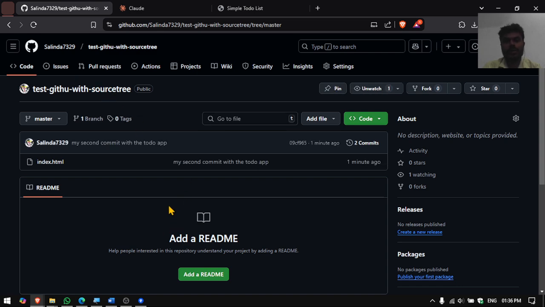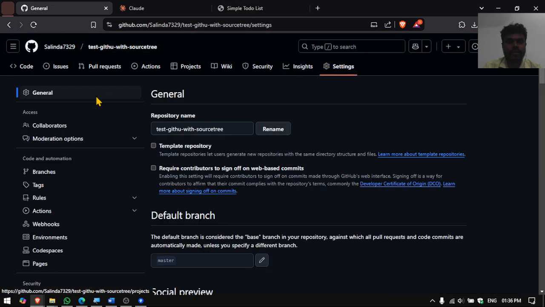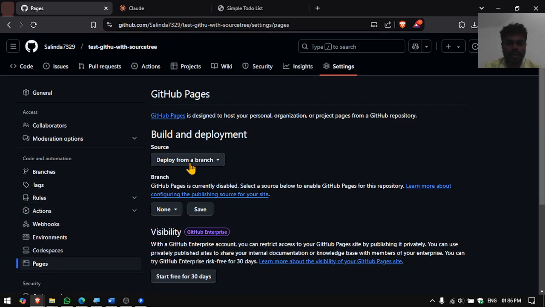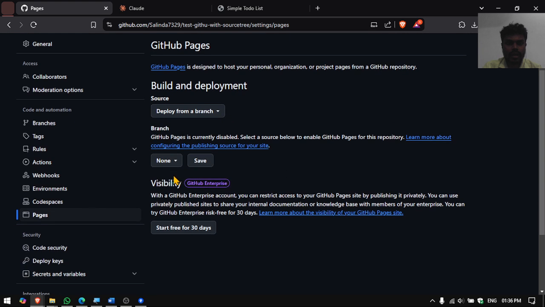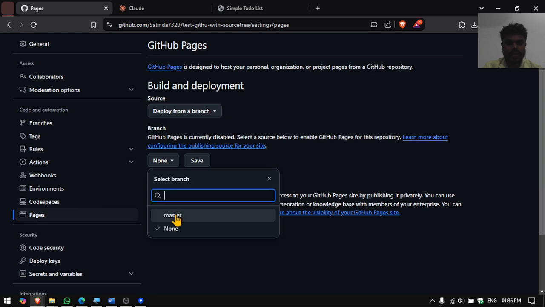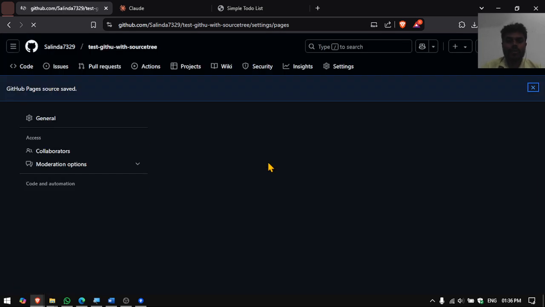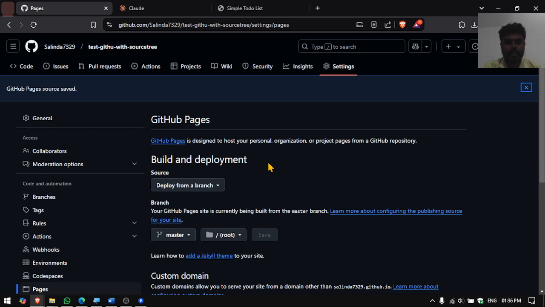So a bonus point. So let me show you how you can deploy this using GitHub pages. So let's see it. So just go to your repo and go to settings, and here you have a thing called GitHub pages. So this one, pages. Go to pages and deploy from a branch, and you can select a branch. So my branch is master. Select it and press save. So it's currently under the deployment,